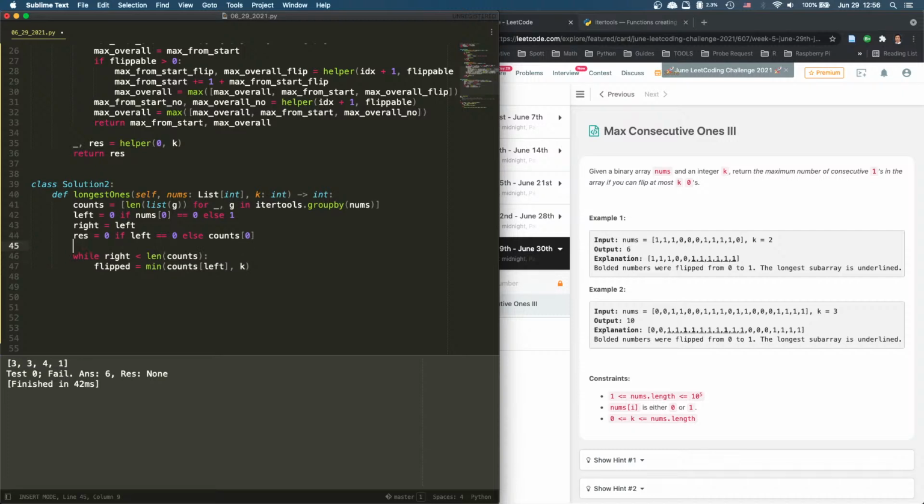I think we have to do flippable equals k. And then this is going to be flippable, right? So the flipped is the minimum of these two, right? So this is every single time we want to flip. So after we flip, right? After we flip, and we're going to attach these to the left. So we say